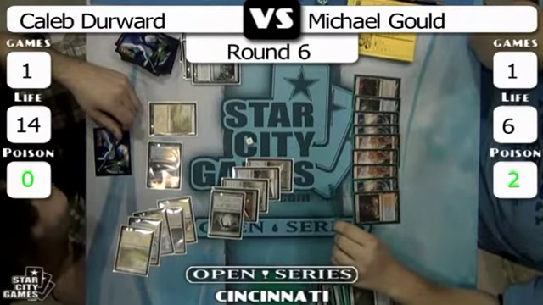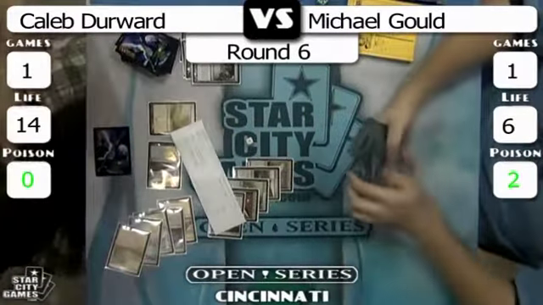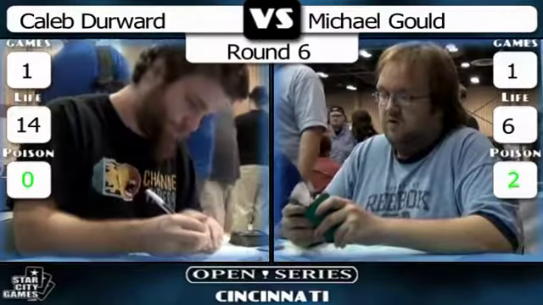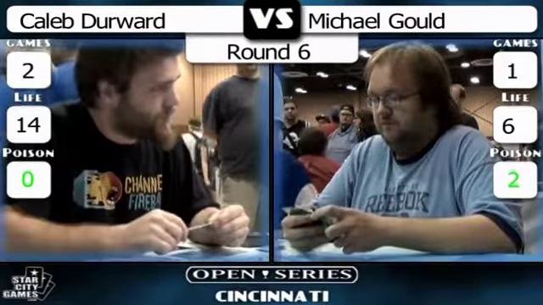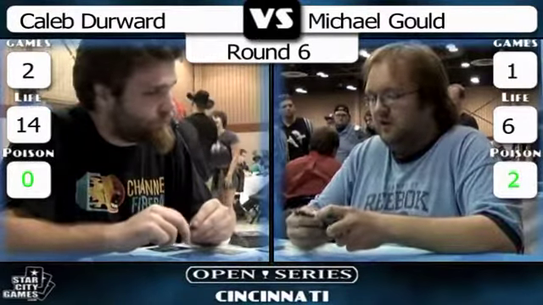All right. And that's it. Yeah. Caleb Durward takes the match 2-1. Although it looked unfavorable for Caleb in many places, he managed to pull it out. He feels like the matchup is favorable for him, but it's certainly close. I feel like the Splinter Twin deck is ahead by a fair amount, especially if they can